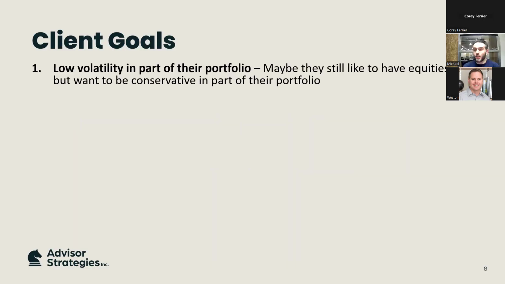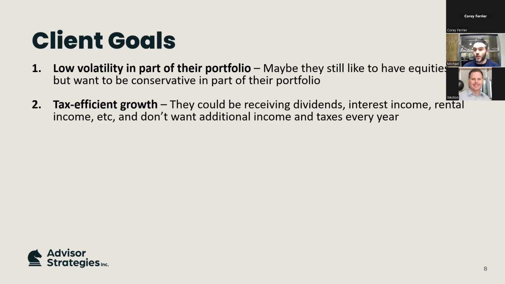If they want tax efficient growth, maybe they have a dividend paying portfolio or interest income, or they have rental properties. They don't want to take out additional income and pay additional taxes in that year. This is certainly a good place to put their money to accumulate free of annual accrual taxation. They want tax efficient income for themselves personally, especially if they have a lot of money in RRSPs or a big pension. They're looking at alternative ways to access tax efficient money. This would be certainly one of them. And then, of course, to make sure their family and kids are left with something after all is said and done, whether that's before or after estate taxes.